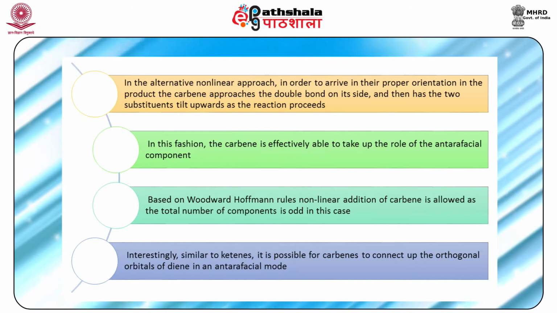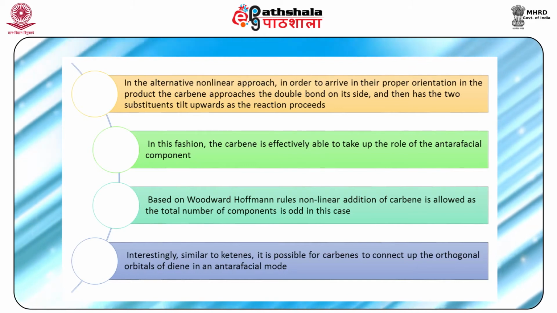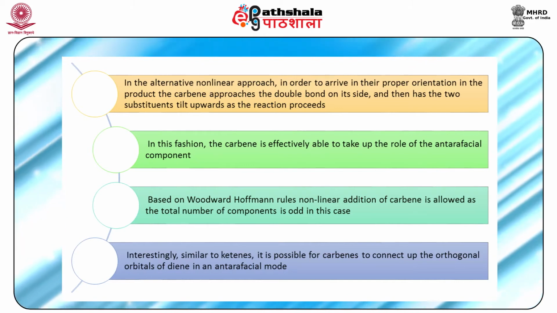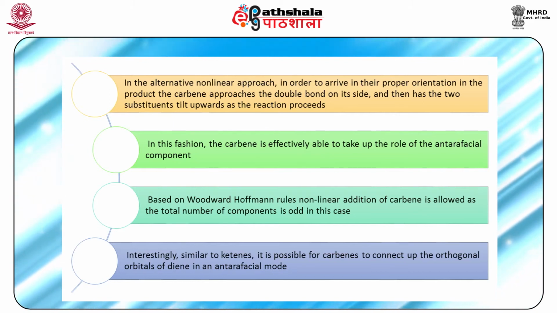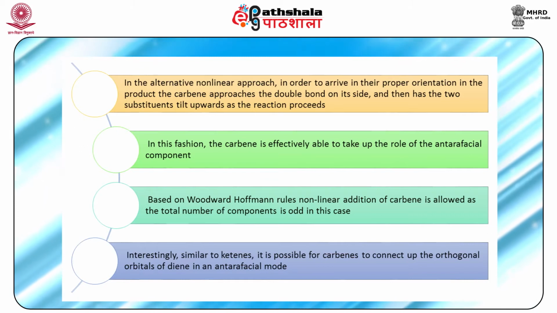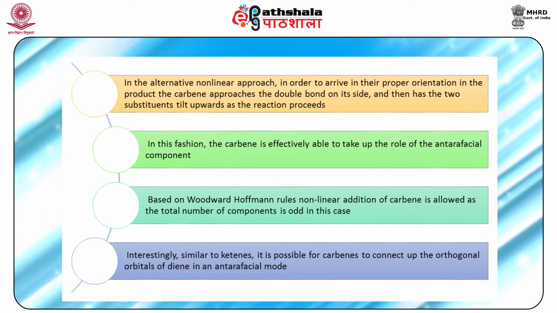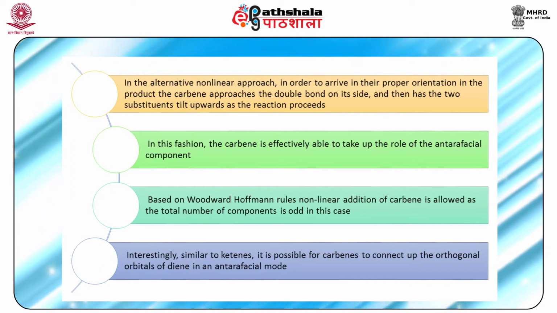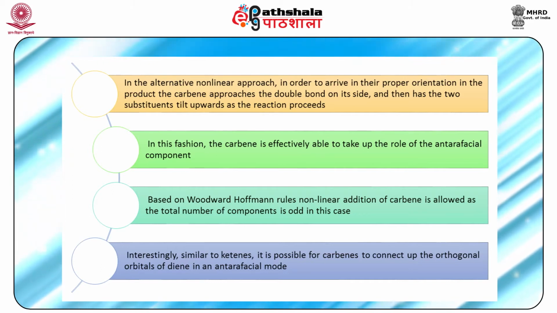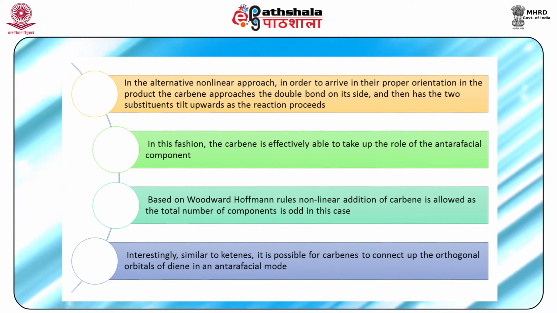Based on Woodward-Hoffmann rules, nonlinear addition of carbene is allowed as the total number of components is odd in this case. Interestingly, similar to ketenes, it is possible for carbenes to connect up the orthogonal orbitals of diene in an